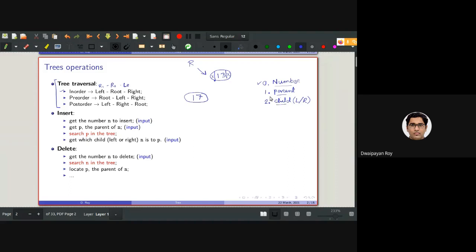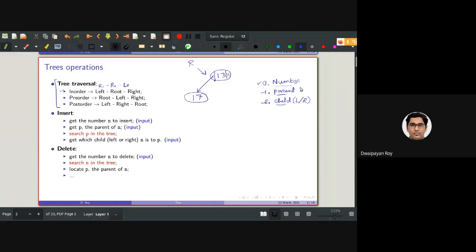The first input is the parent of the number that the user wants to add in the tree, and the second input is the child, that is, whether for this parent I want to add this number as the left child or the right child. So I need to take these two additional inputs from the second time onwards, whenever there is at least one node in the binary tree.